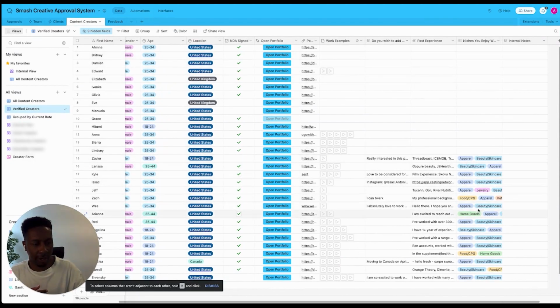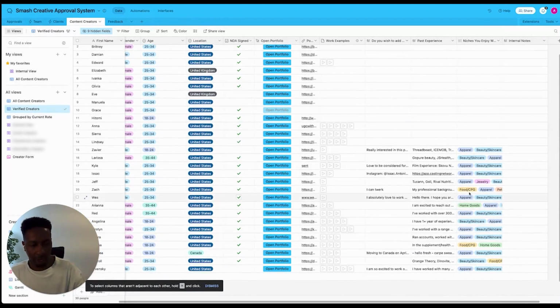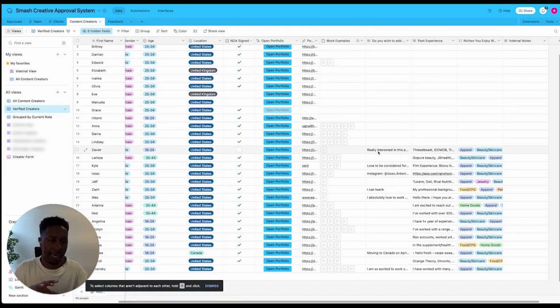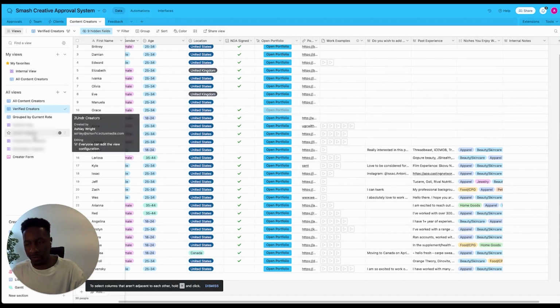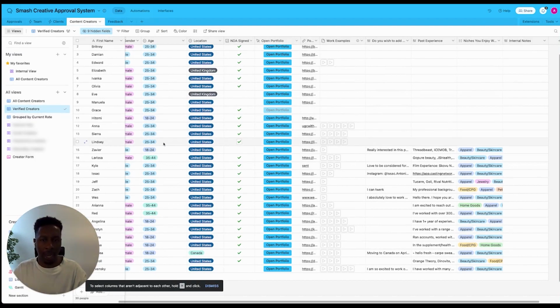Because we've got this, we can see, okay, we've got a client for CPG, we know we can go with this creator. Do you want to add anything extra? Some random stuff, for example, I can work, or I move to Canada in April. All that kind of stuff is really useful for us to put these into buckets and send them over to our clients. We create a different view, the client can then see who they want to work with, and that starts